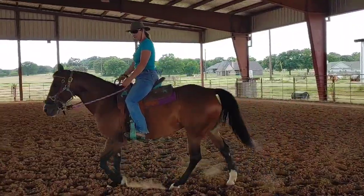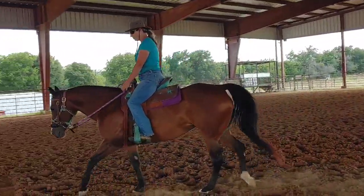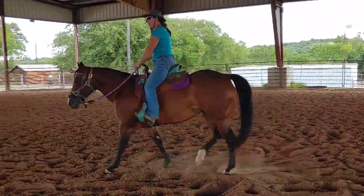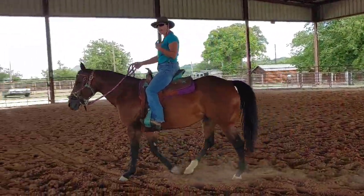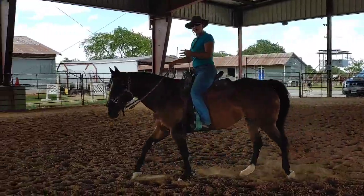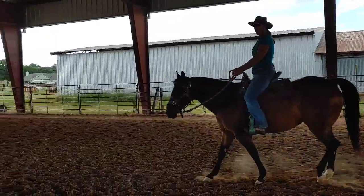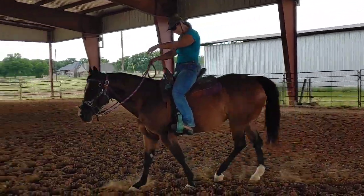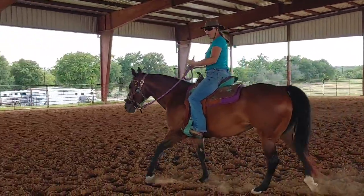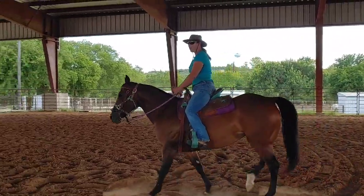We're going bitless, and we have been working on developing a nice, slow Western Pleasure Trot. In order to develop that slower trot, she has to start learning to collect, and that is making an engagement in the seat. This is a different method, but it's the way I was taught to teach a horse a slower Western Pleasure Trot, with the head nice and low, and collected at a trot, or starting to. The first step is called the bridge and squeeze, and it's called engaging the